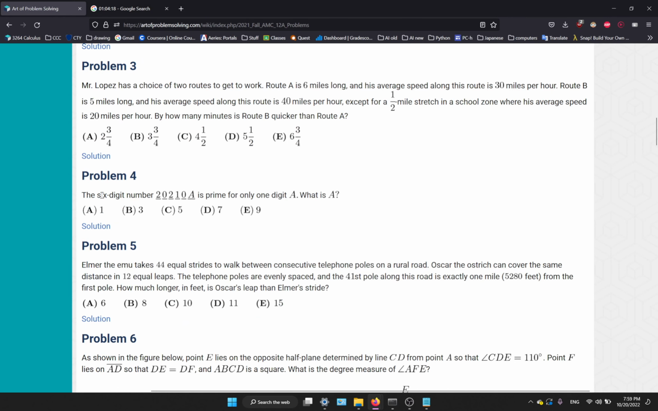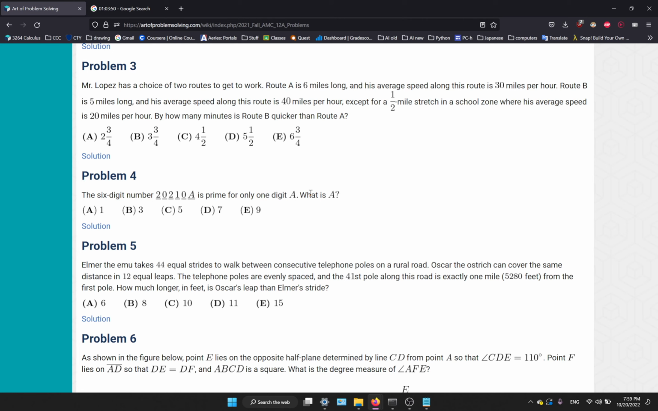The 6-digit number 20210A is prime for only one digit A. What is A? So this number is going to be prime for only one digit A. So 20210A is going to be prime. So we know that,